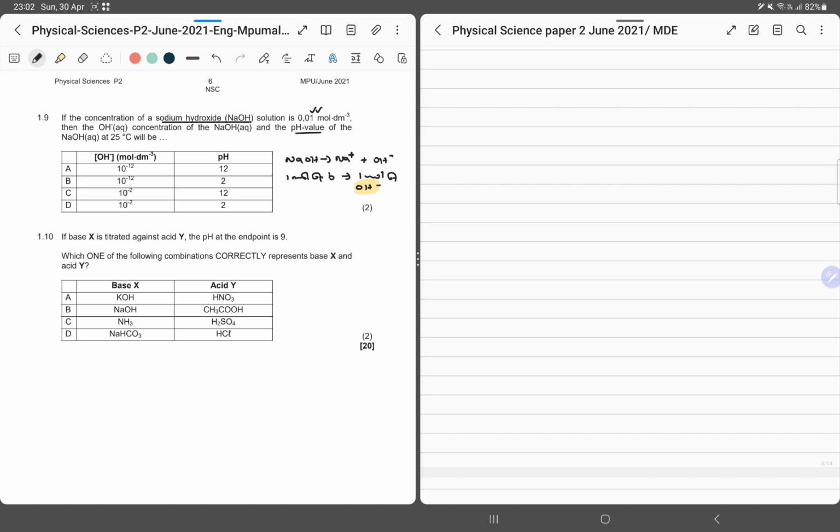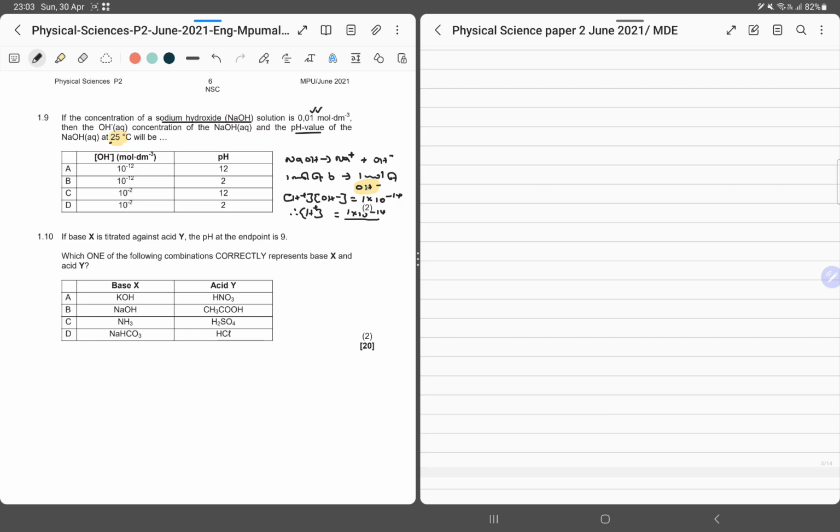So in any case, from here, what do we know? If we want to determine the pH, we use the ionization constant of water at 25 degrees Celsius. That was the key right there. That was just trying to tell us that we're going to have to use that. So we know that the concentration of the hydrogen ions multiplied by the concentration of the hydroxide ions is a constant of 1 times 10 to the exponent minus 14. Easy. Therefore, the concentration of the hydrogen ions is going to be 1 times 10 to the minus 14 divided by